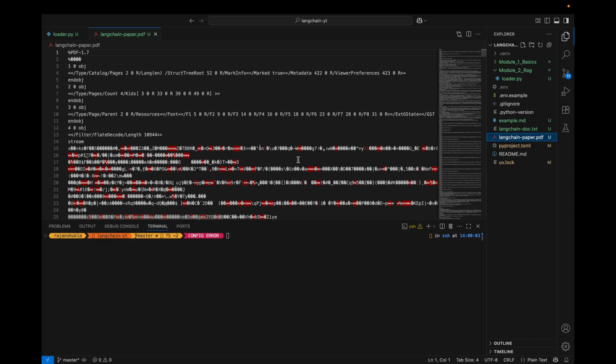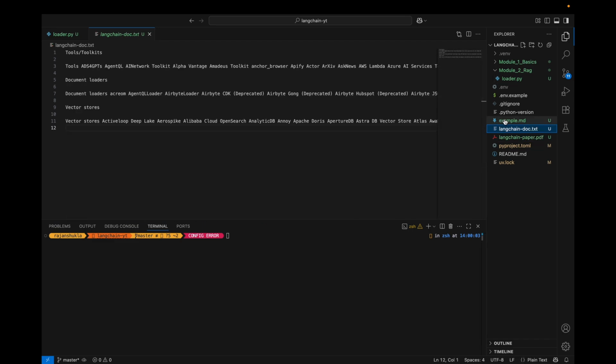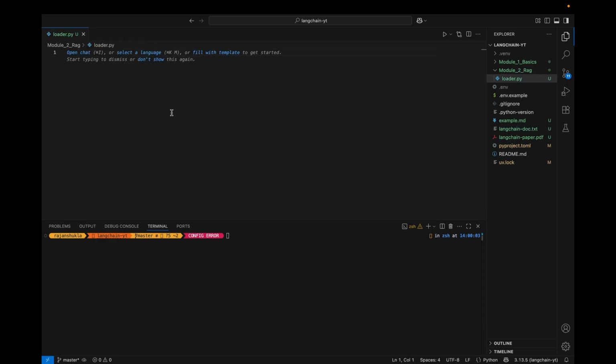So I have taken a PDF, a text file, and a markdown file, and let's try to read them and see, using LangChain, how we can load a file. For that you'll need to add the LangChain community package. Once this package is installed, from langchain_community.document_loaders, let's import